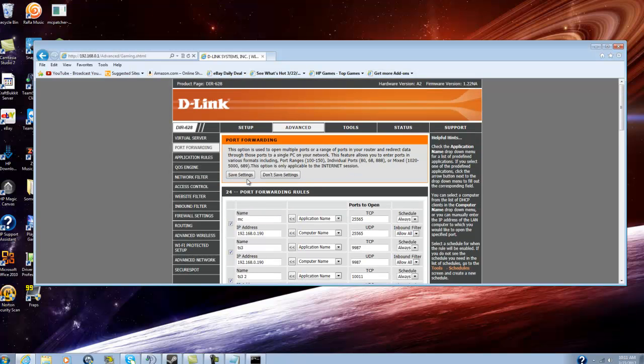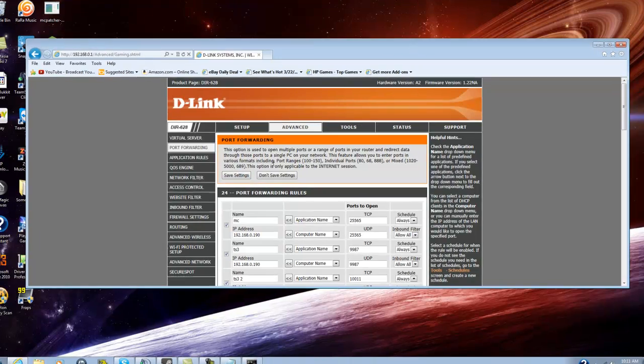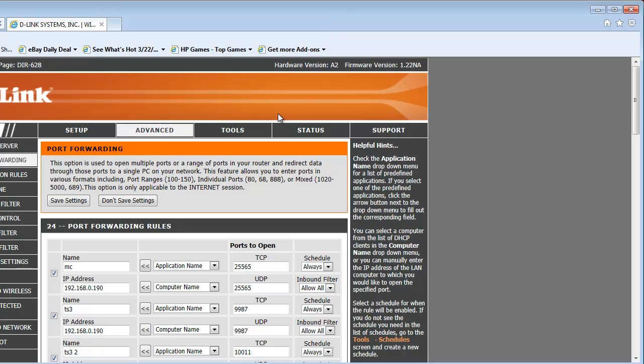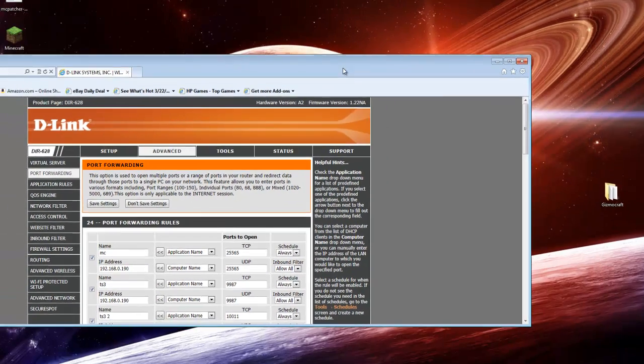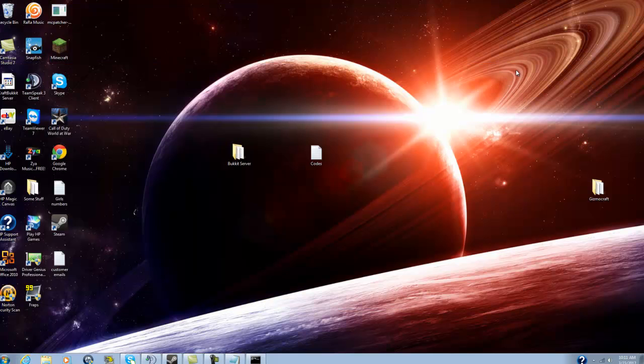Okay, so once you do that, you click Save Settings or Save Changes or whatever the Save button says, and you'll have to restart your router. Once it's restarted, people should be able to join your server from the outside world. And to find out,